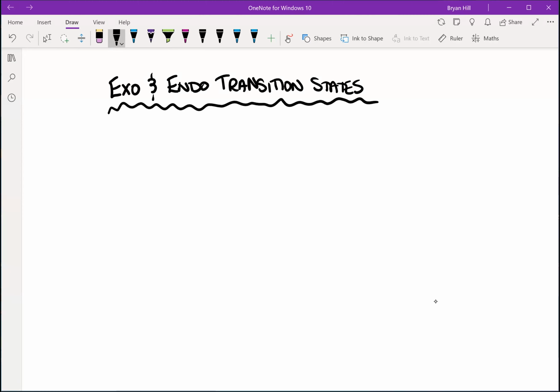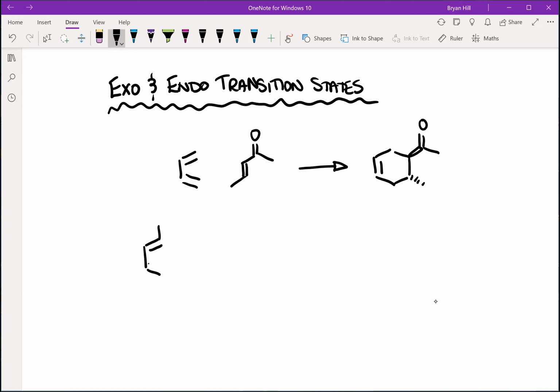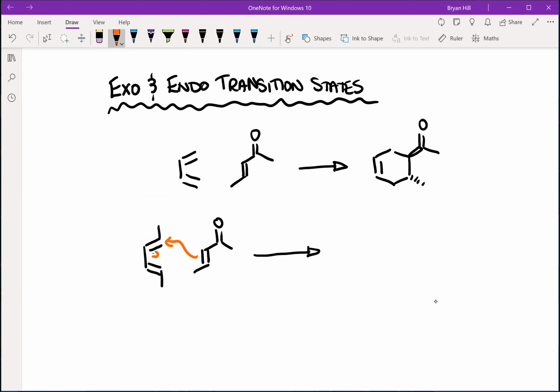All right, so this becomes important when, like all of the examples we've done so far, our diene hasn't had any substituents on it. We've only had substituents on, say, our dienophile. And this would be our product. But we haven't seen anything where we've got, say, some methyl groups on our diene, and we're doing a Diels-Alder reaction here. And so when we do all of our, move the arrows around, and we write our product out,